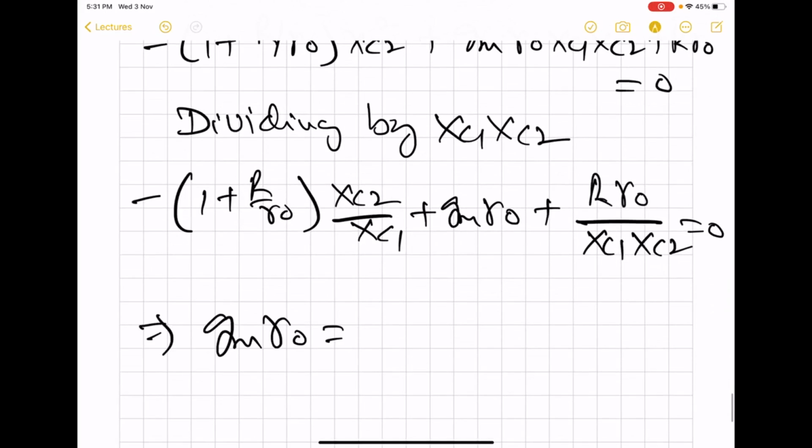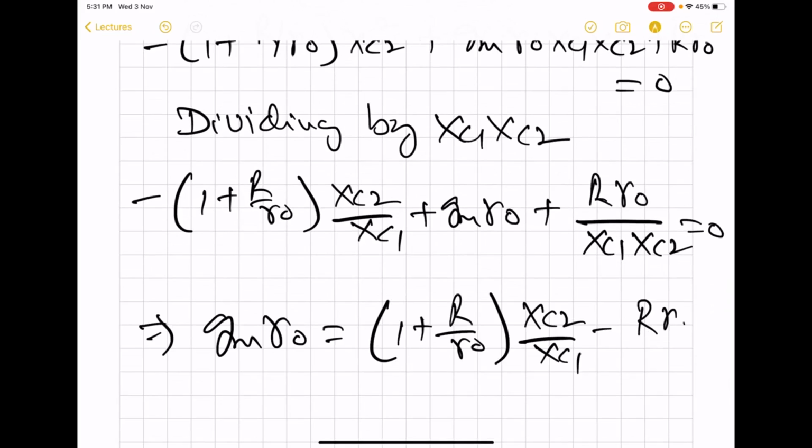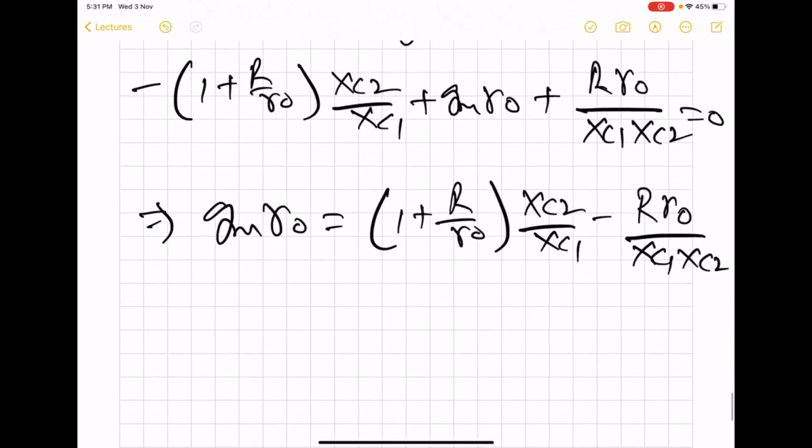So therefore the intrinsic gain here is equal to 1 plus R by R naught XC2 by XC1 minus R0 by XC1 XC2. So here in this case we find that the intrinsic gain is unfortunately not independent of R naught, or rather we will use this one to find out GM,